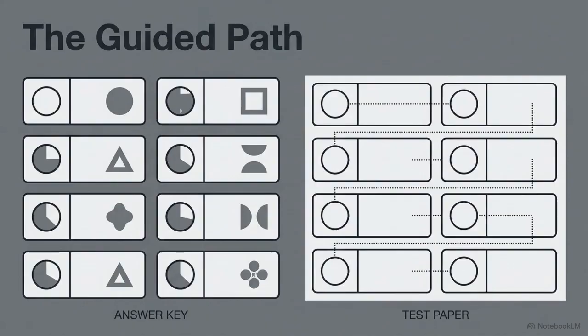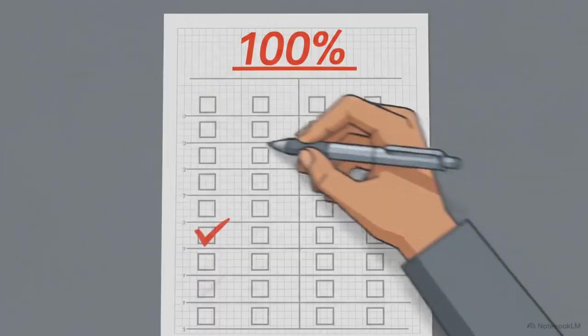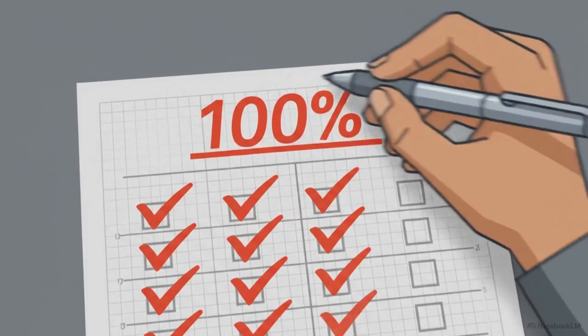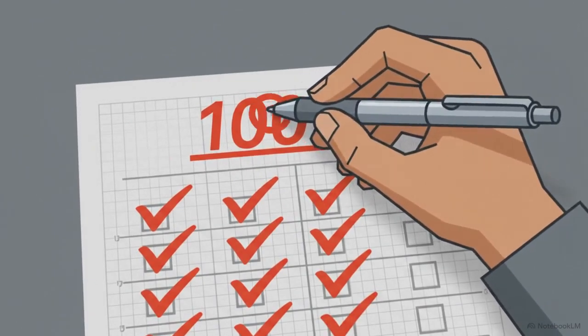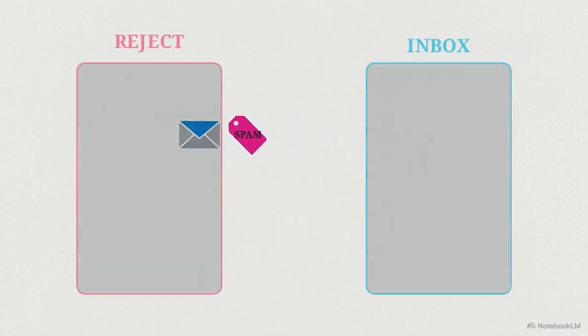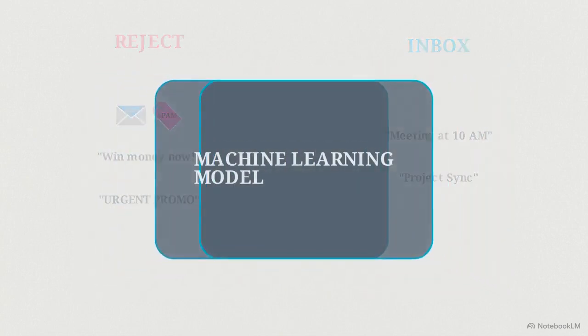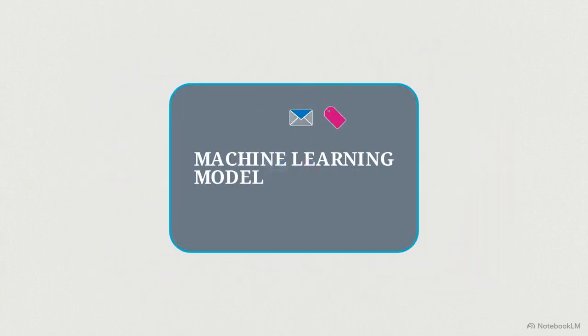The first of these methods is supervised learning. It operates exactly like a student learning a subject from a teacher who holds a complete, flawless answer key. The core mechanism is labeled data. Every input is explicitly paired with its correct output. For a spam filter, you feed the model phrases like "win money now," mapped to spam, and routine phrases like "meeting at 10 a.m." to not spam. By processing thousands of these pre-sorted examples, the model learns the mathematical relationship between specific vocabulary and junk mail.